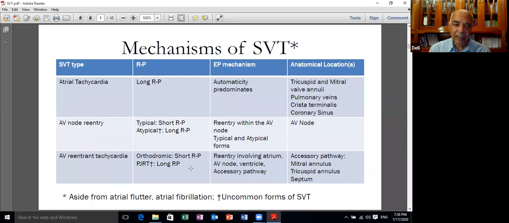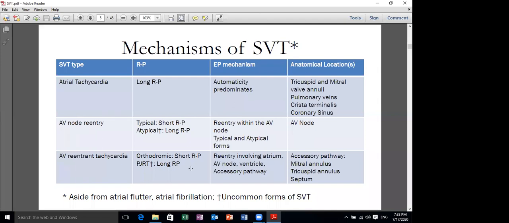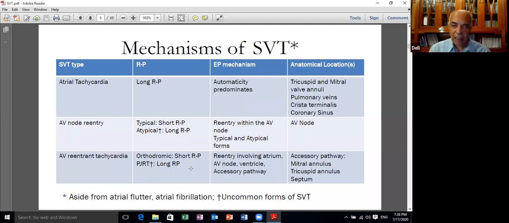In AV reentry tachycardia, this is a tachycardia which is associated with the presence of an accessory pathway. If the atrial activity goes down the AV node and up the accessory pathway, we call it orthodromic or short RP tachycardia. It's ortho in relation to the AV node. So it goes down the AV node and up the accessory pathway. If it goes in the reciprocal way, down the accessory pathway and up the AV node, we call it antidromic